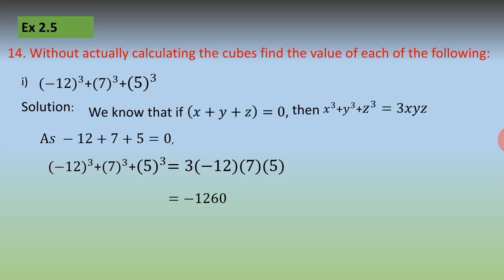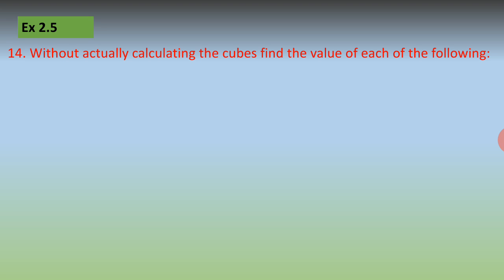So, if you look at the question initially and if you have to solve it mathematically by doing all the cubings, it will be very lengthy. Whereas if you use the identity and the fact, it becomes very easy. You have to just multiply a few things and you get the answer. So this is how the use of identities makes mathematical concepts very easy. One more sub question we'll be solving now.